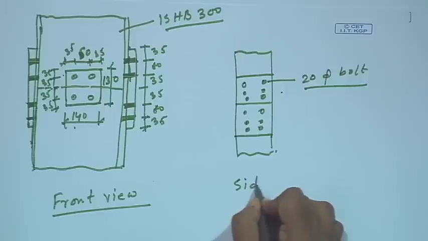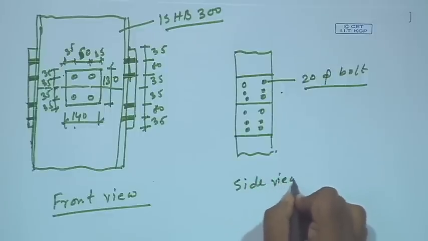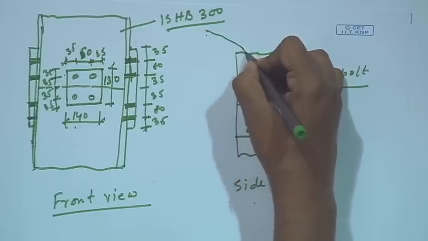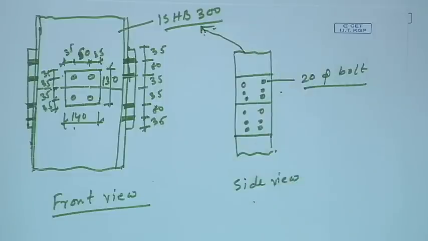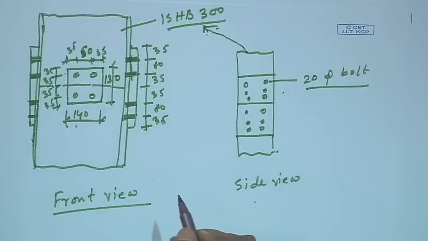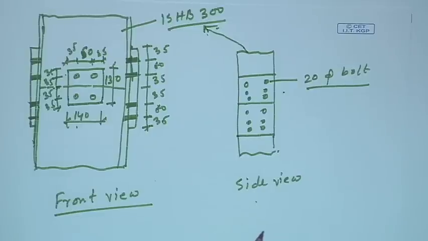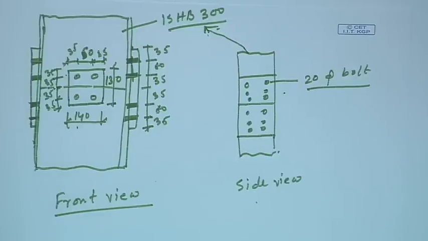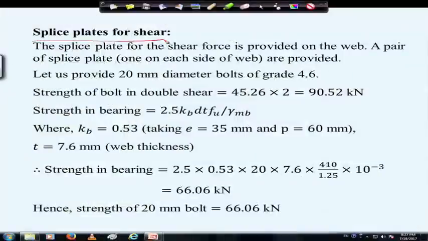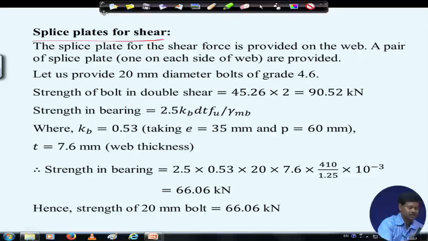This is the side view, and the column size is this ISHB 300. So, this is how we can find out the details of the splice plate. Right. So, to go through once again quickly, or just to give an overview of the discussions we did,